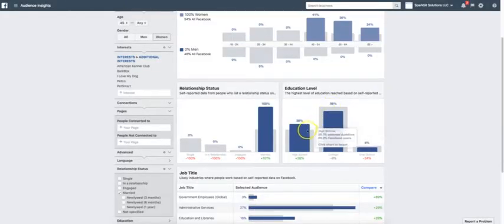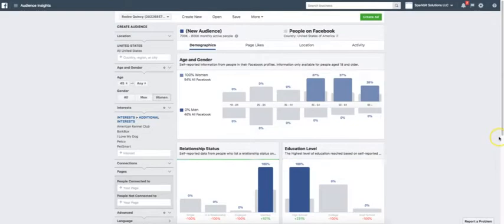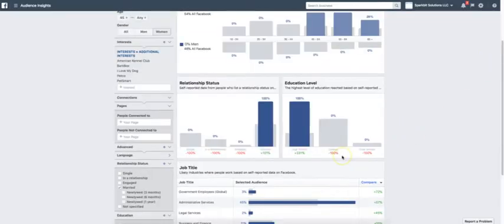And finally, education level is something that I like to use as well. So predominant audience is high school, so you can target that as well. And then let's see. So now it's less than a million people in this audience, okay? But it's super targeted, all right? Just bear in mind that when you use these